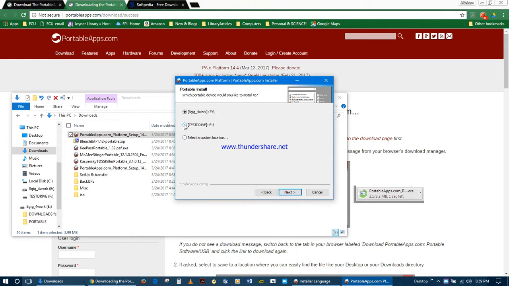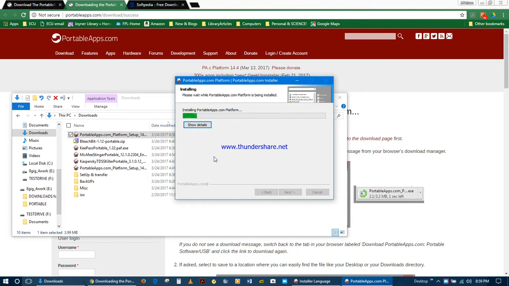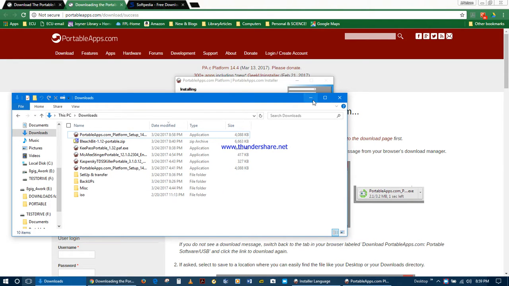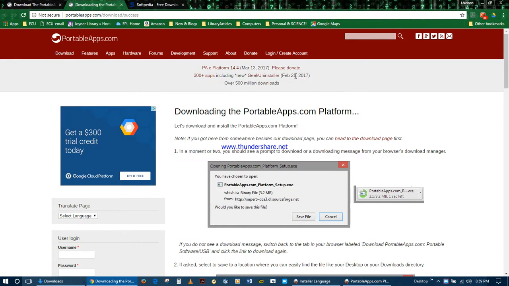And of course, I have two flash drives in here. I'm going to choose the one that says test drive, because that's what we're doing. And I'm going to click install. Now the actual installation doesn't take very long, but while we're doing that, let's look at what else is available at portableapps.com. When you go to the apps,